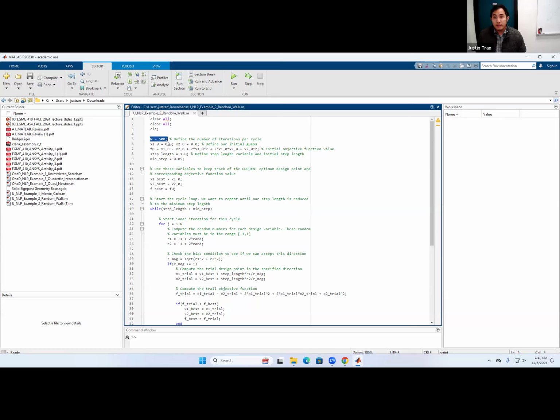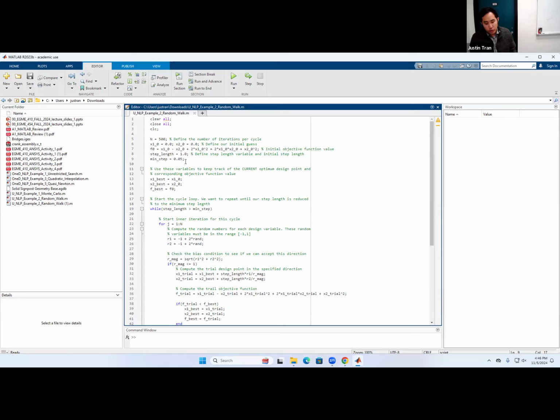We have n, which defines the maximum number of iterations per cycle, and we're setting that equal to 500, just like the example said. We have our initial step length, set to 1.0, and our minimum step length is 0.05. So these four lines are all part of step 1 of the algorithm.